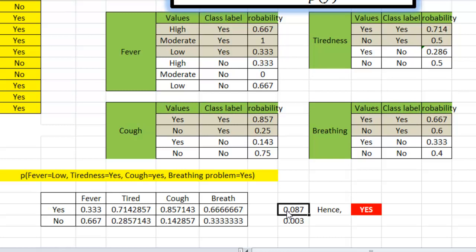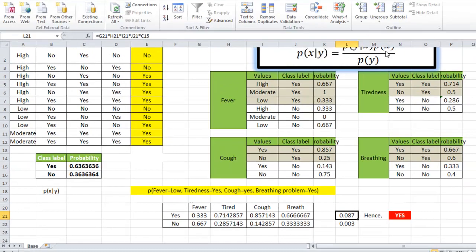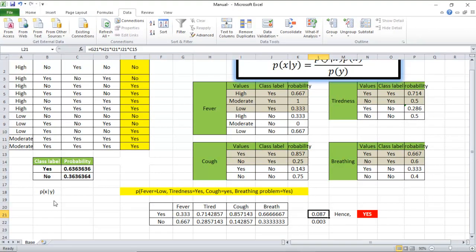Now you multiply all the probabilities with the total probability, because we need to do it with P of X, right? Multiply it with P of X, and hence what is the total probability? For the presence of corona, it is 6.63. That is the impact of the patients having corona disease on the data, and hence multiply with that. In the other case, the impact of the patients who don't have the virus on the entire data set is 0.36. Okay, so for calculating, you should multiply that.